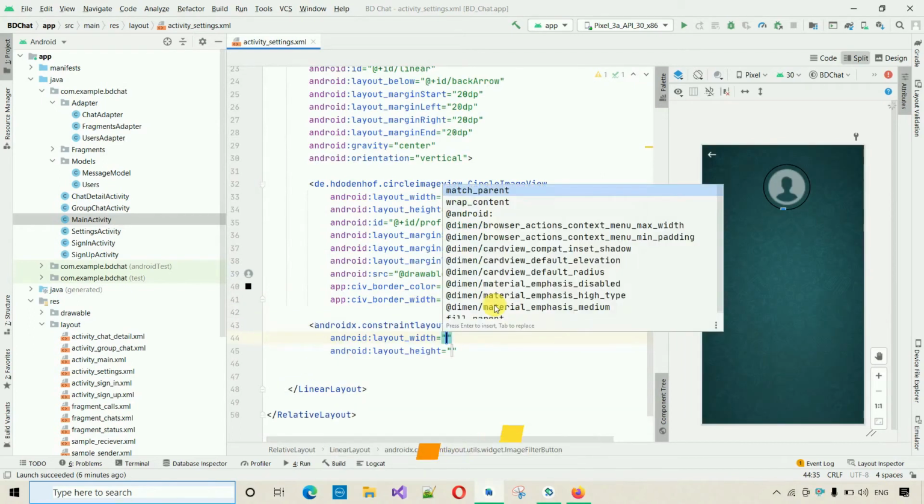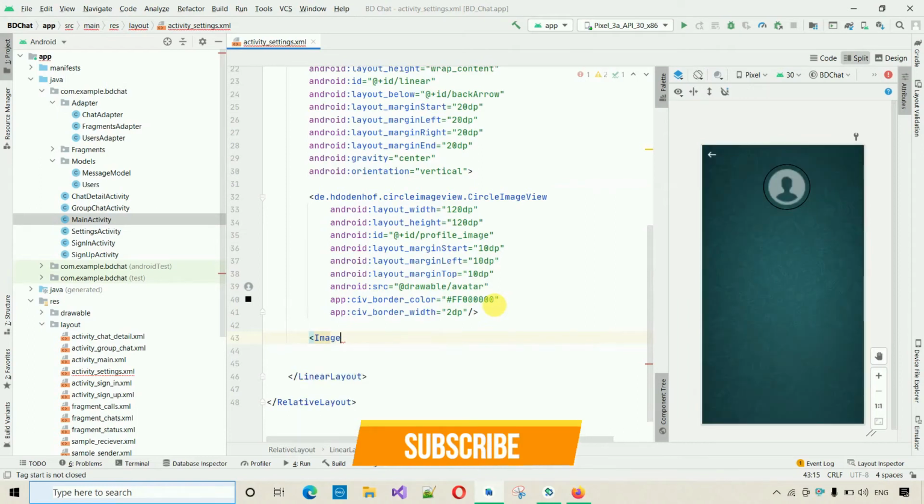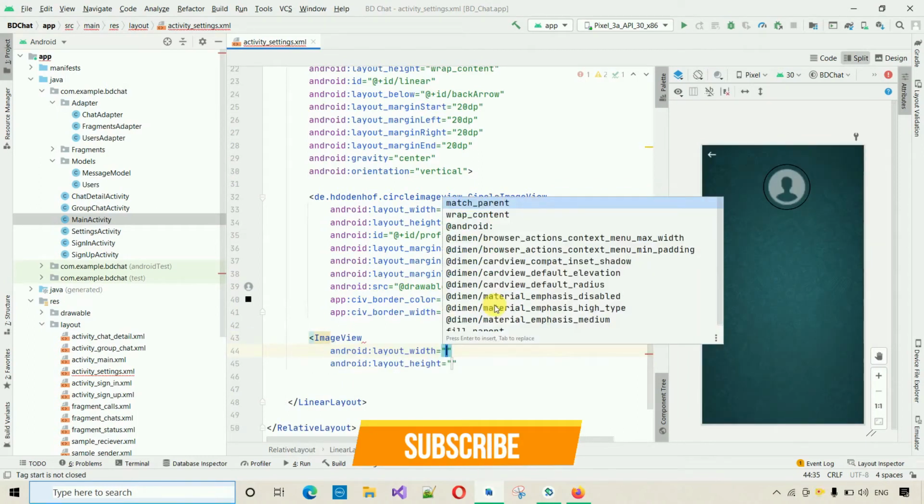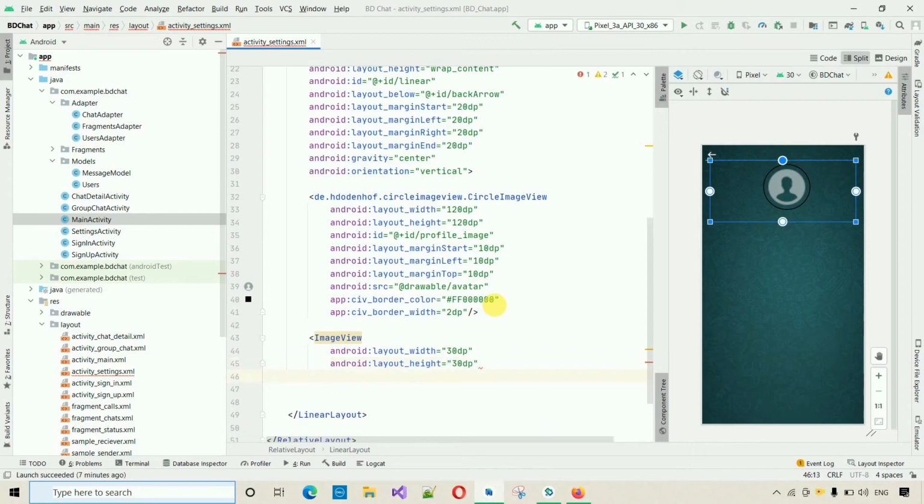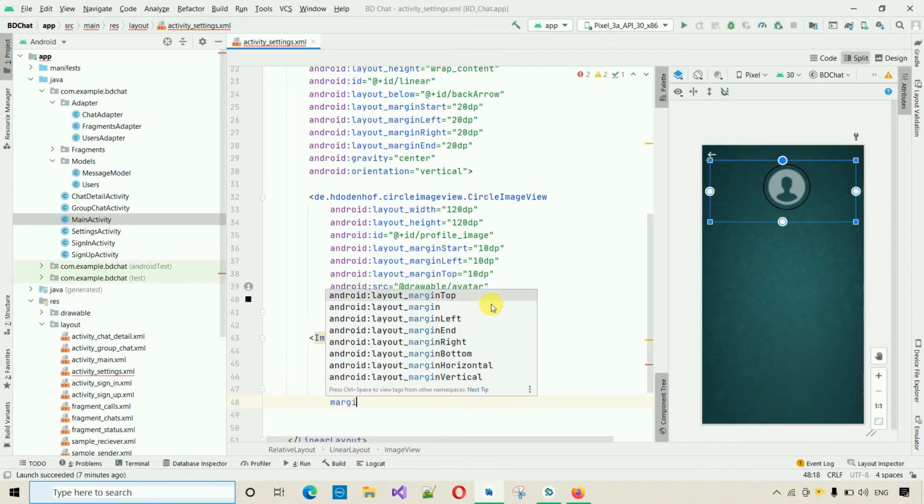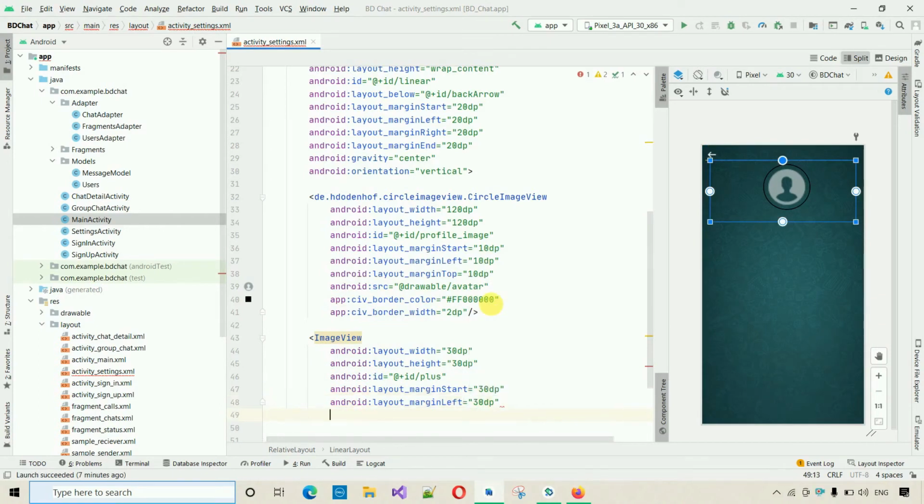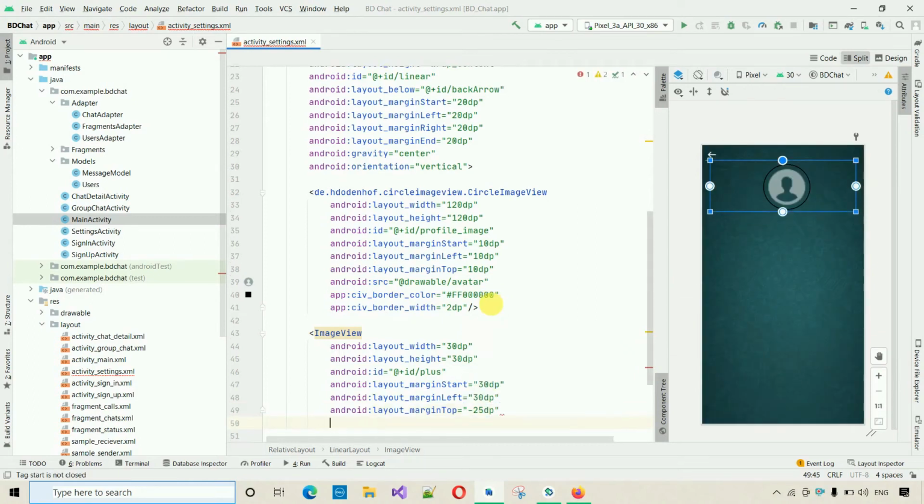So image view, not this one, image view, and the height and width will be 30 dp and 30 dp, like this one. After this, I'm going to set the ID. The ID will be plus, simply. After this, I'm going to set the margin start for this one, that will be 30 dp, and margin left to 30 dp, and margin top to minus 25 dp. After that, I'm going to set the src, not like this one, app:srcCompat